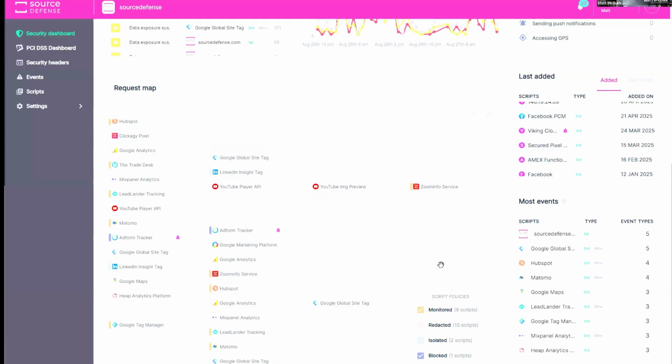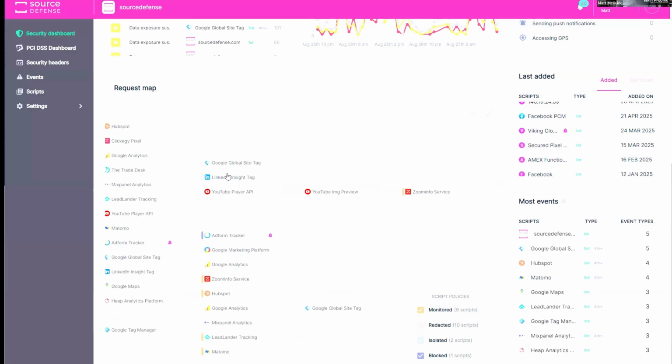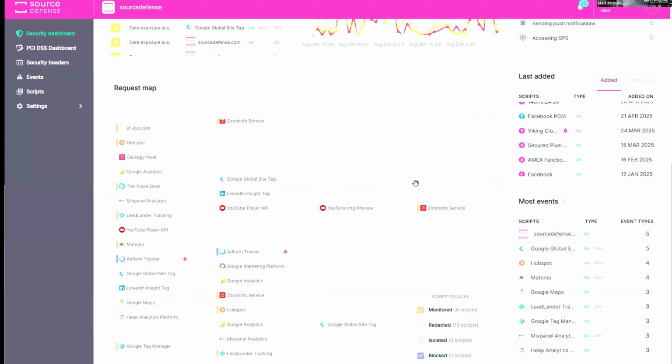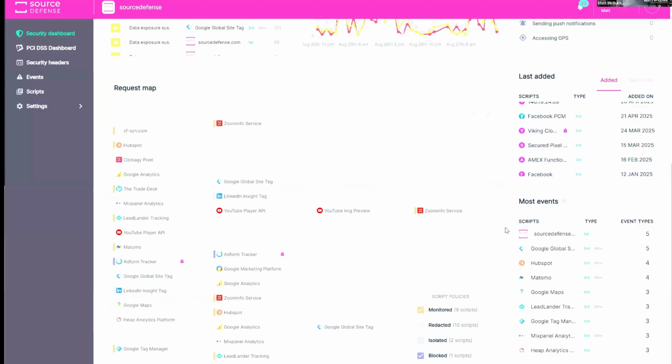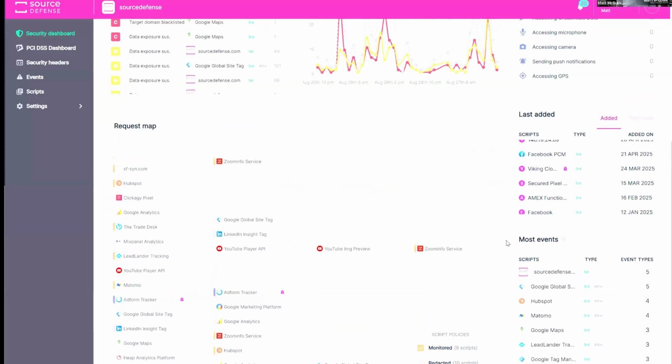So I mentioned before, this type of code likes to add other code on the fly. You can see that case pretty cleanly illustrated in the middle here, where if I have to explain to someone why something called the Zoom info service is on a payment page, I can tell them it's there because of the YouTube image preview script, which is there in turn because of the YouTube player, which is in turn there because of Matomo, and so on and so forth. That little story about where this script came from becomes dramatically easier if you're using a tool rather than trying to do that analysis by hand.